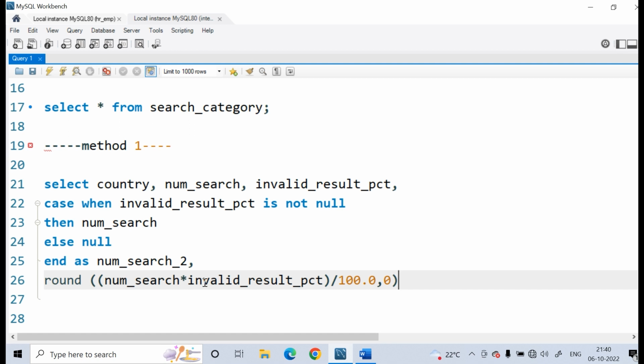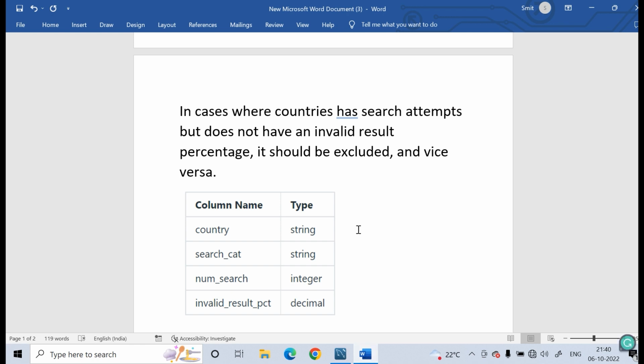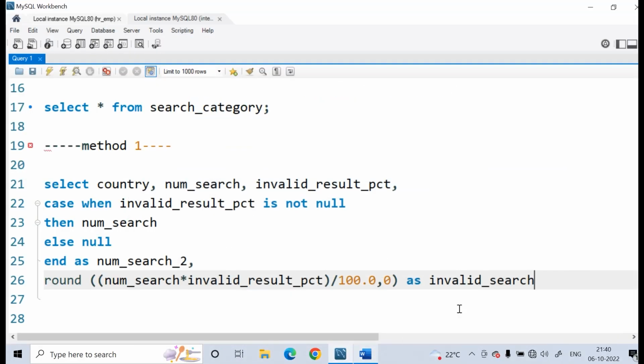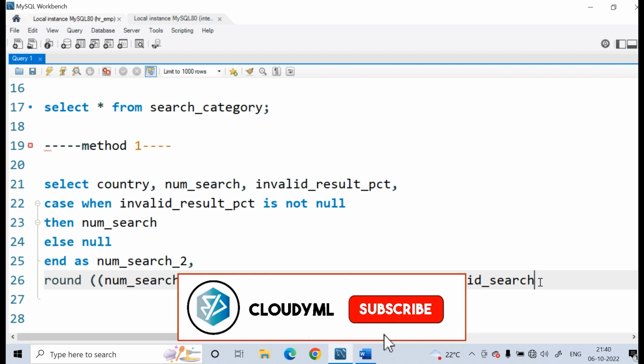I'll do it later. As invalid_search. See guys, I'm taking one of these calculations as invalid_search,